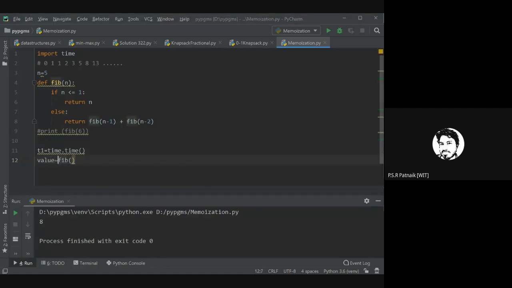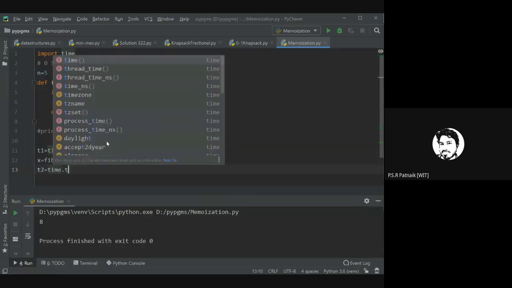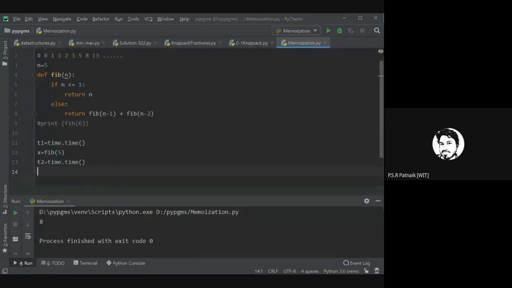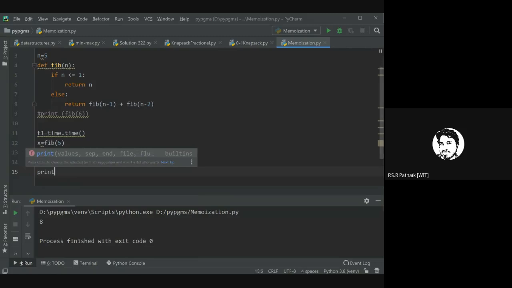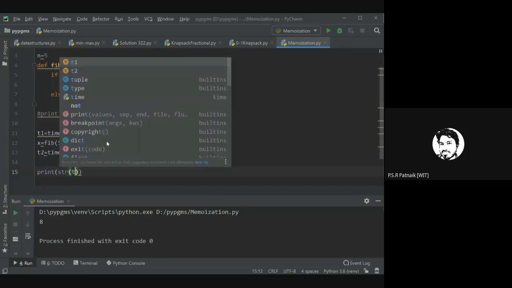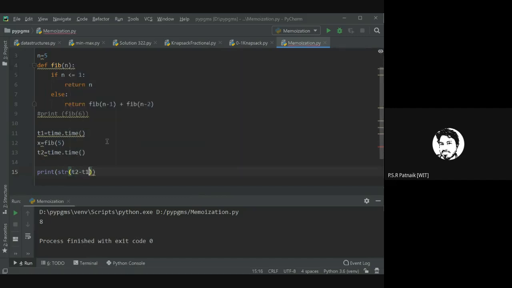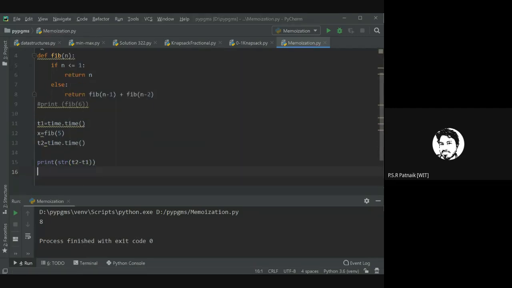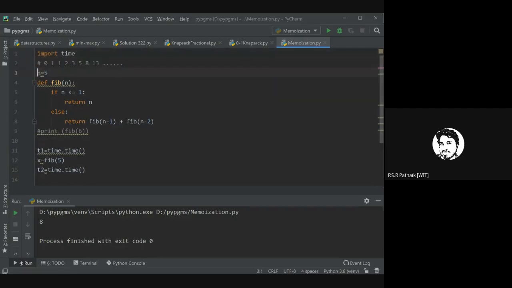Let's say x is equal to Fibonacci of, let us calculate the time required to calculate Fibonacci of number 5, and T2 is equal to time dot time, so that's where you start seeing the difference. So I need to just get this in values. T2 minus T1.